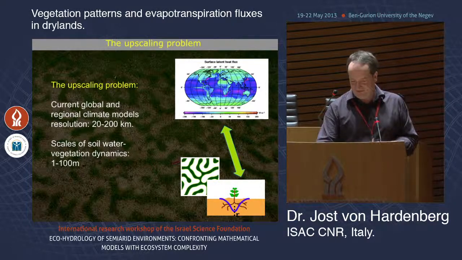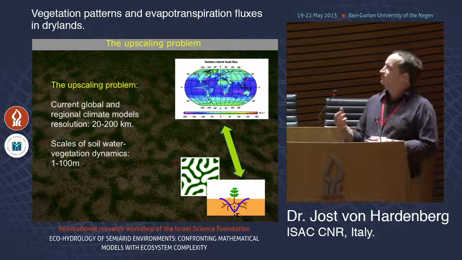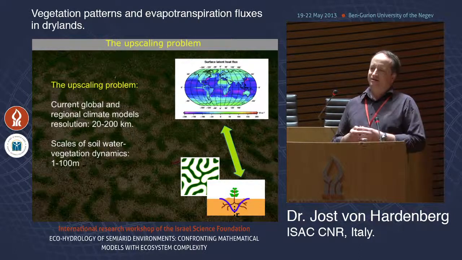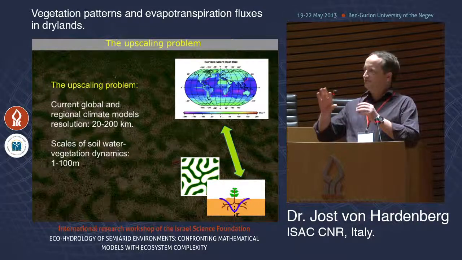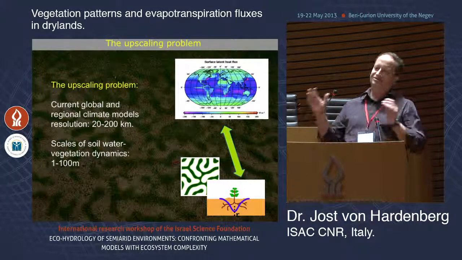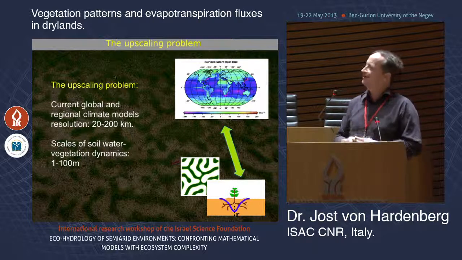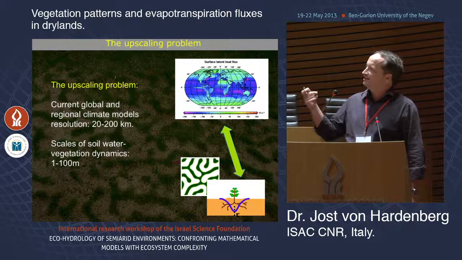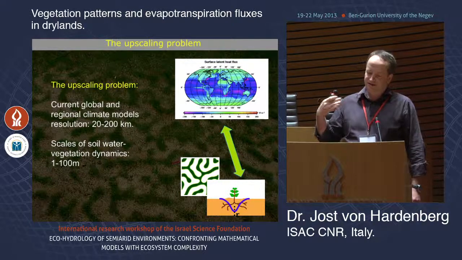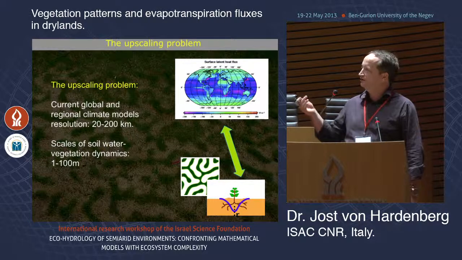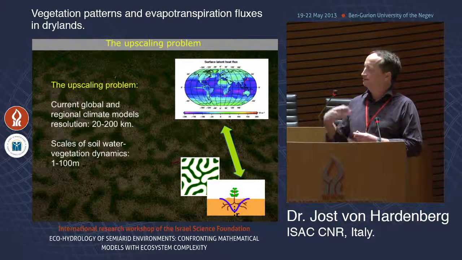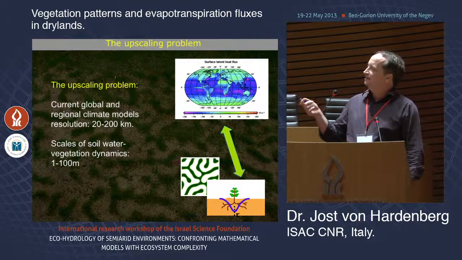the vegetation itself. So we are directly led to what we could define as the upscaling problem. The problem is that if we're interested in looking in the end, and this first part is basically a motivation, because then you will see I will go back to the small scales, we are led to the problem that if we were interested, at a certain point, in studying the effect of these feedbacks between the atmosphere and the soil-water system, we want at a certain point to go to very large scales.